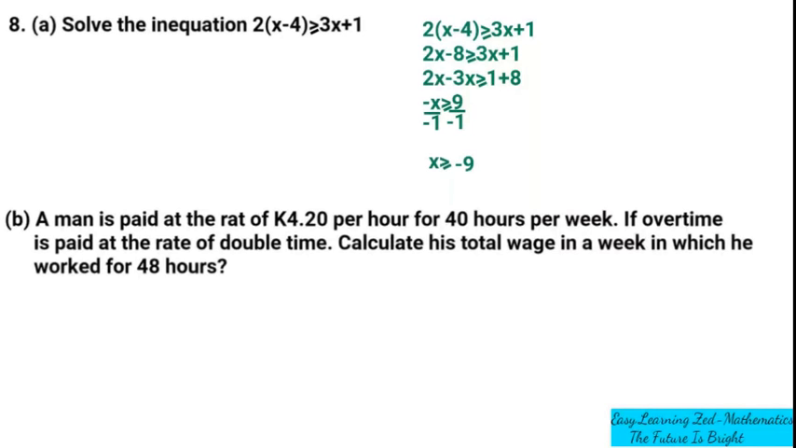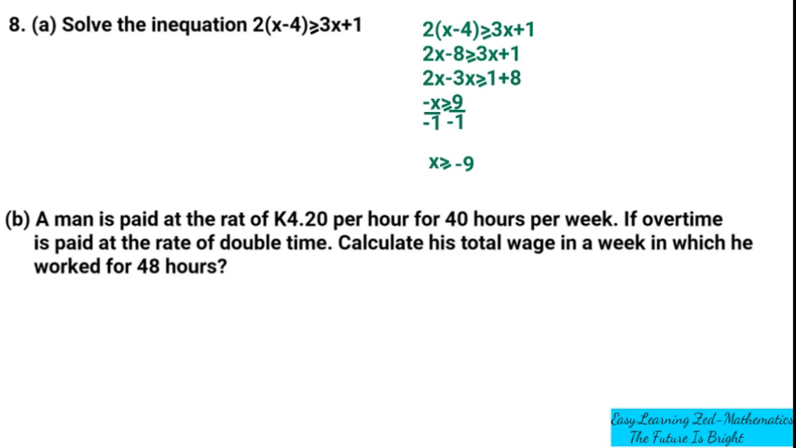A man is paid at the rate of, not late, but rate, should be rate there, of 4 kwacha, 20 ngwee per hour for 40 hours per week. If overtime is paid at the rate of double time, calculate his total wage in a week in which he